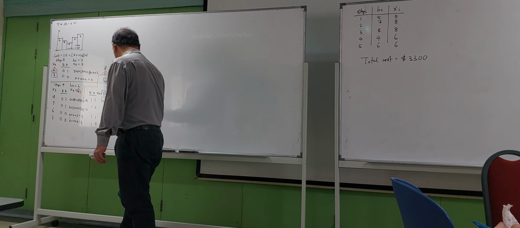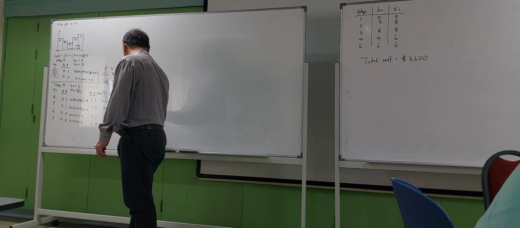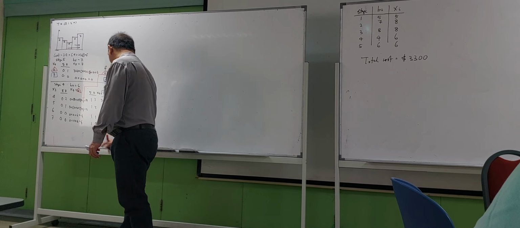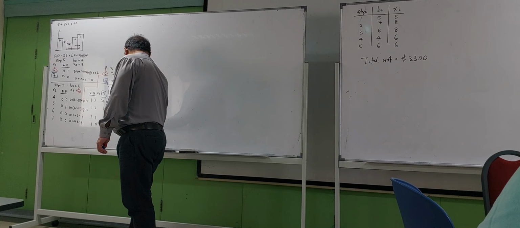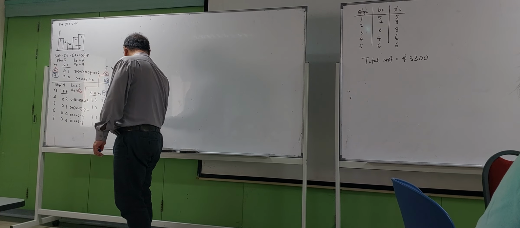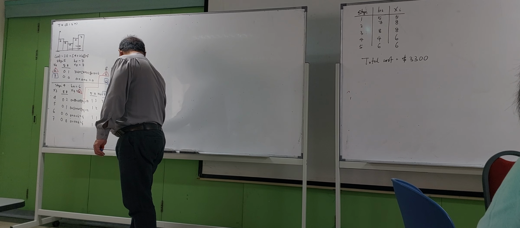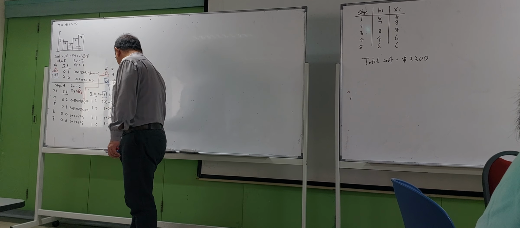Compare 12 and 11. 11 is lower. Corresponding X is 7. Compare 6 and 9. 6 is lower. Corresponding X is 6. Compare 6 and 3. 3 is lower. Corresponding X is 7. Okay? Compare these four values here, lower is 3. So I put